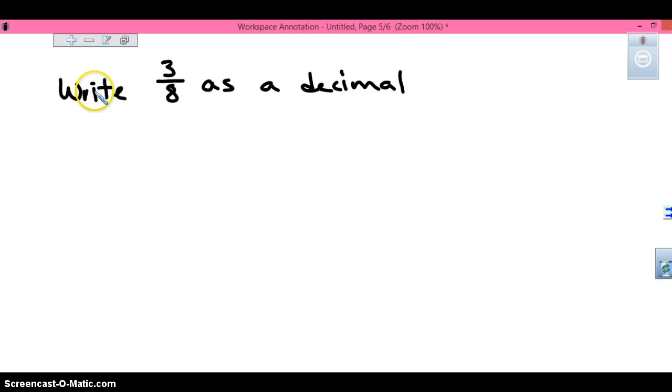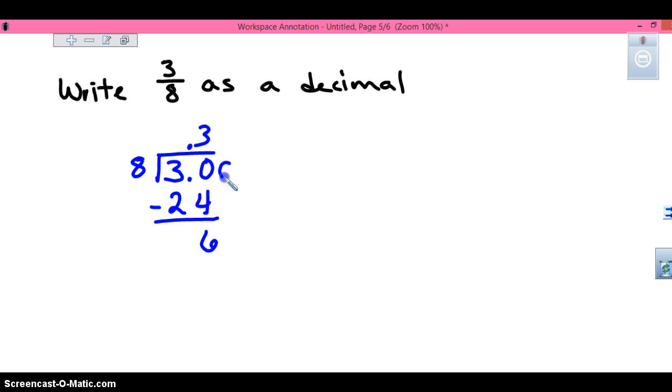If we have to write 3/8 as a decimal, we have to divide the numerator by the denominator. Does 8 go into 3? No, 3 is not divisible by 8, so we have to add a decimal and a 0. What about 30 divided by 8? 3. 3 times 8 is 24. 30 minus 24 is 6. So we have to add a 0, bring it down. 60 divided by 8 is